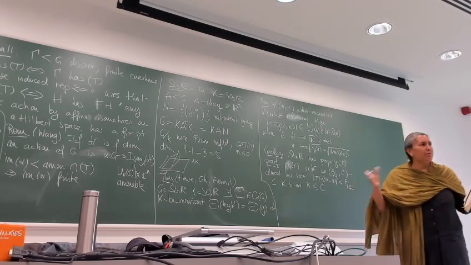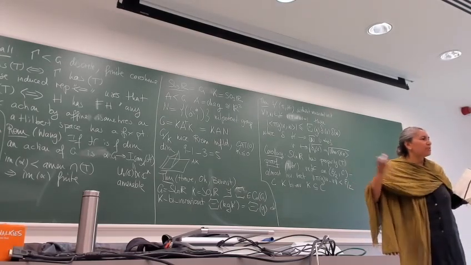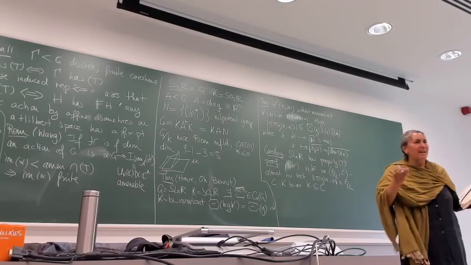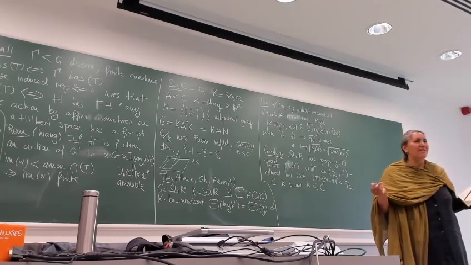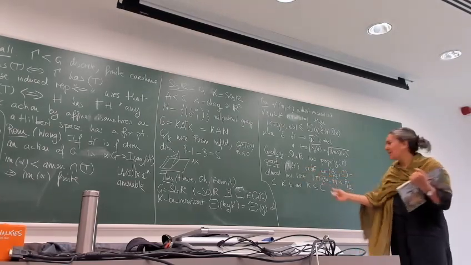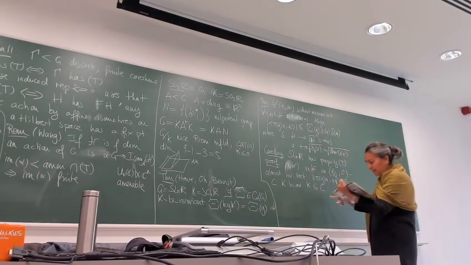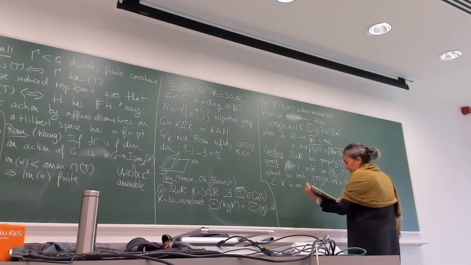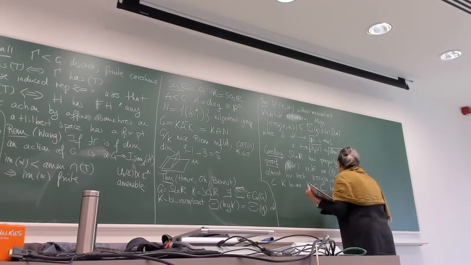So once you have one, you can just move it around by K, and it's going to become K bi-invariant, and it's still going to be compact if you start with something compact. And so you take it large enough,